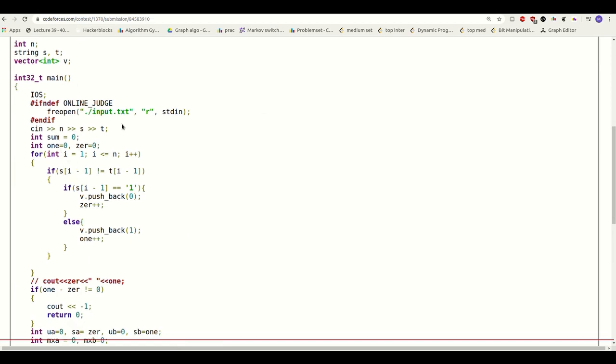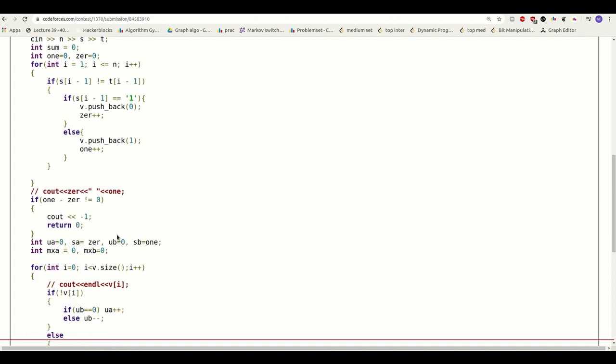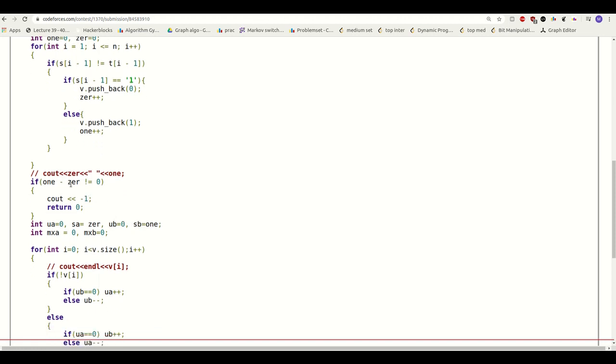Okay, so here is the input, and I maintain two integers, 1 and 0. So whenever I see a type 1 configuration, I store it as a 0, and whenever I see a type 2 configuration, I store it as a 1 in this vector v. And then I have this condition: if 1 minus 0 equals 0, then only I can continue. Otherwise,